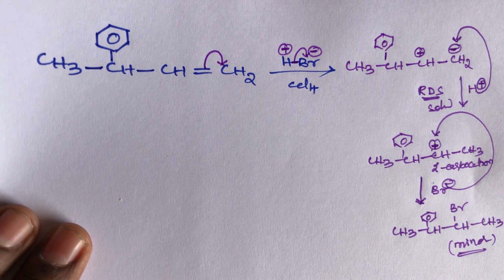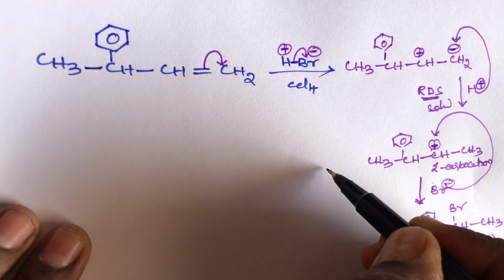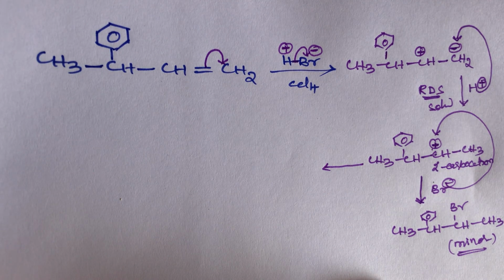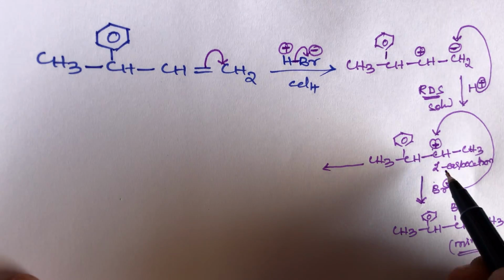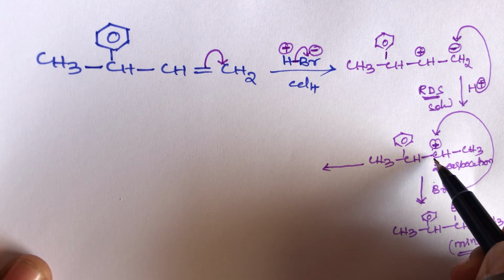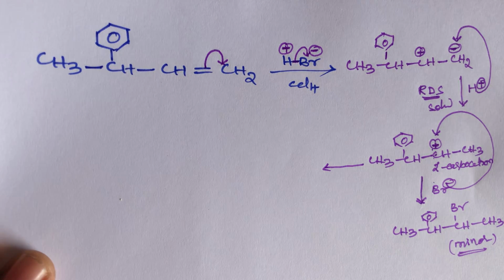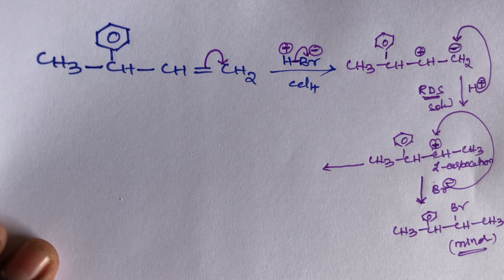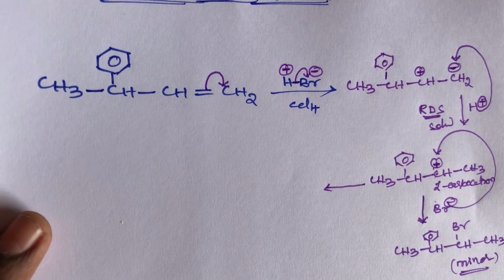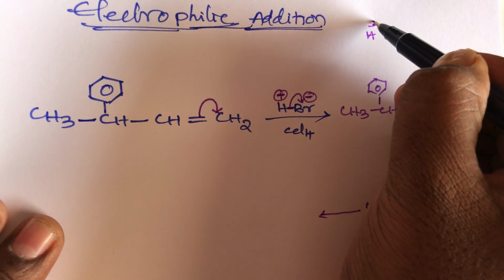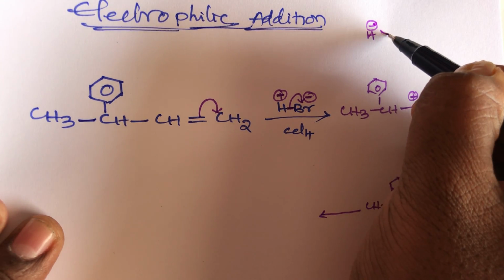Then what about the major product here? For the major product, the next step is that this secondary carbocation wants to become a tertiary carbocation, because of rearrangement of carbocation. Beside this positive charge, the carbon has one hydrogen, one phenyl group, and one methyl group. Out of these three, which one is more favorable for shifting? As I already explained, hydride shifting is more favorable. First priority goes to hydride. Hydride shifting is more favorable than phenyl group.